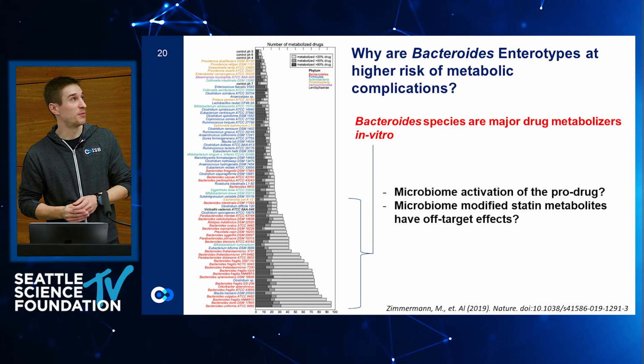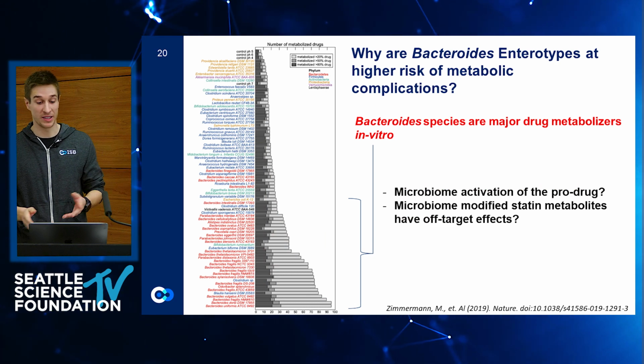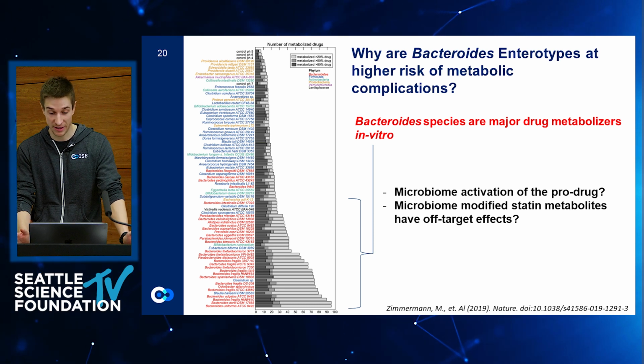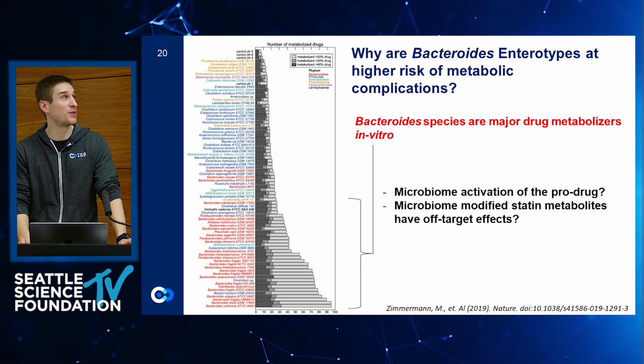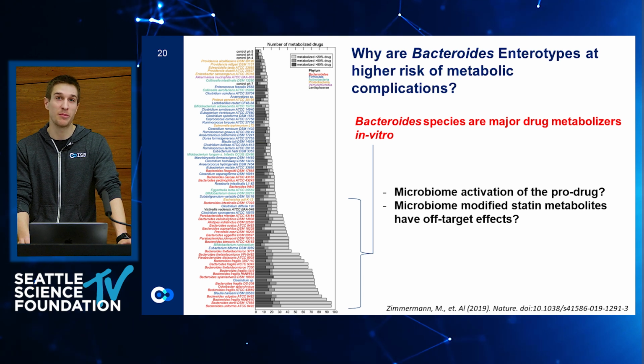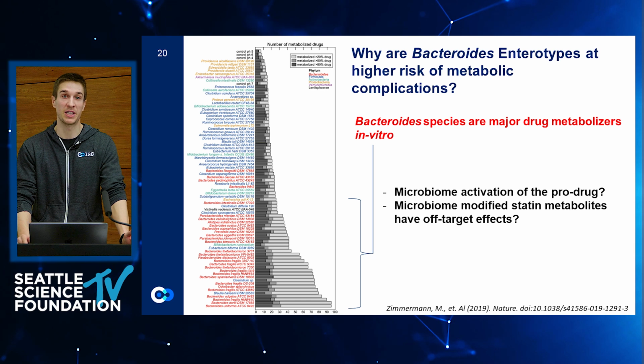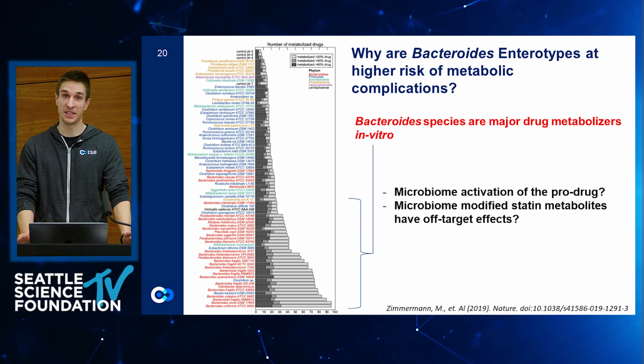The question that remains is, why are these Bacteroides enterotypes at higher risk of metabolic complications? And there are several possible explanations that we hope to answer in the near future. One is that Bacteroides species, and I've touched upon this a bit earlier, are the major drug metabolizers in the gut microbiome. And this is mostly from in